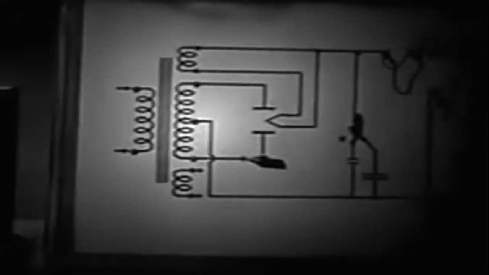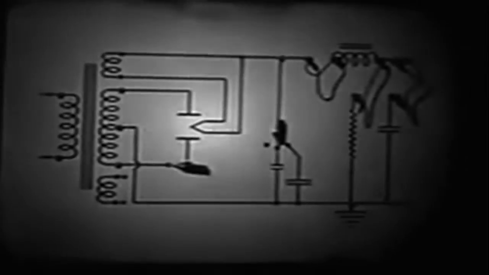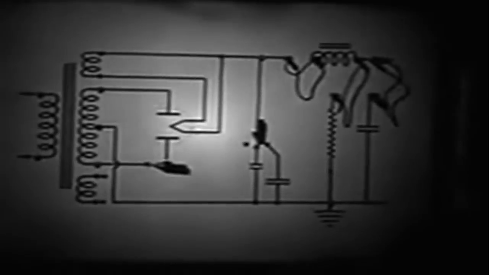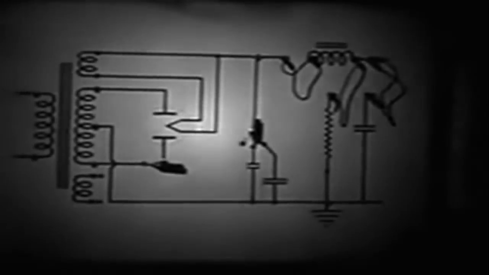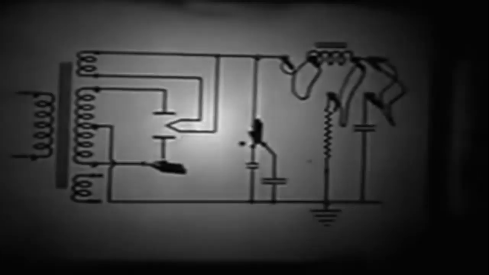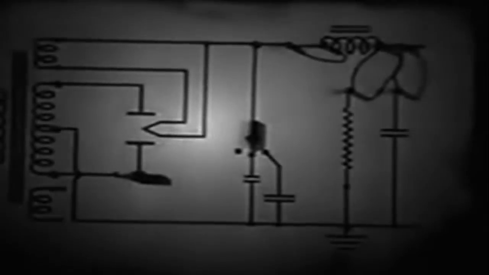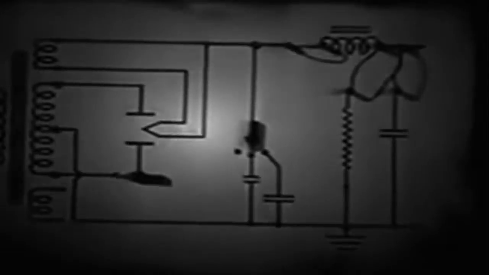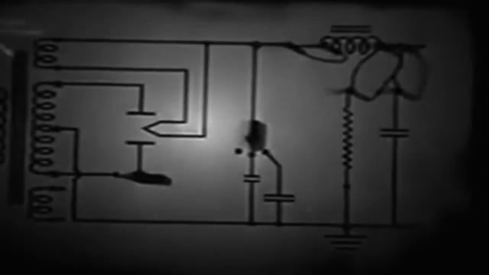We have seen the general principles on which the cathode ray tube oscilloscope operates. Now let's see it in actual use. Here, laid out on a breadboard, are the simplified circuits of a power supply unit. This unit draws 60-cycle alternating current from the power lines. The unit consists of a transformer,